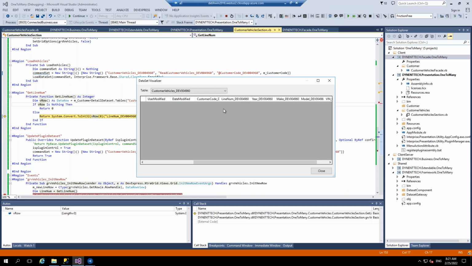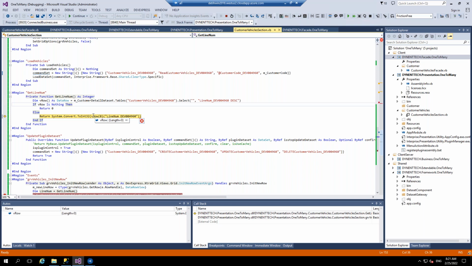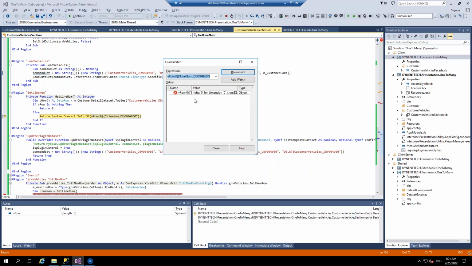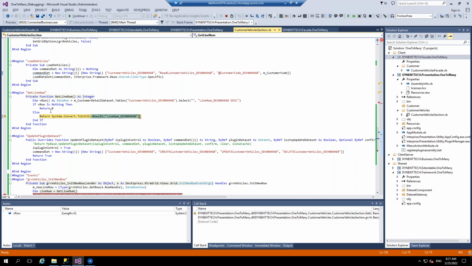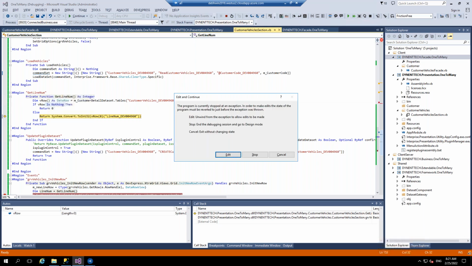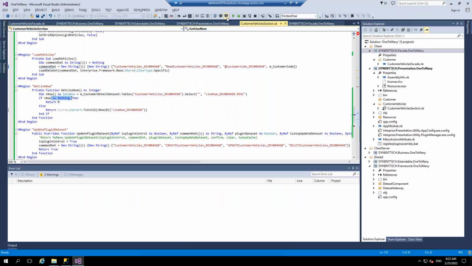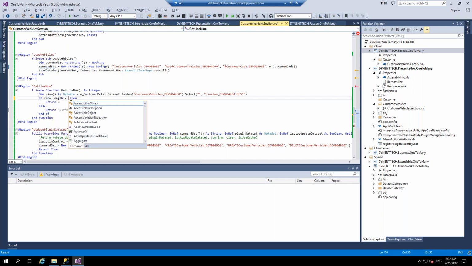Line 46049. Right, let's debug. So length equals 0. Okay. So let's not do that one. Stop. The code should be equals 0. Then